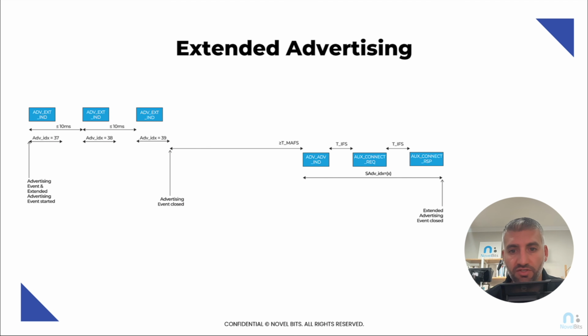Now, in terms of connections and even scan requests and scan responses, which I'm not showing in this specific diagram, here it's the same. However, after, and I have a typo in here, but excuse that for a moment, once it finds this, this is where the actual connection request is allowed. So it's not allowed on the primary advertising channels, rather it's allowed only on the secondary advertising channels, the general purpose channels. So if a scanning device decides to connect, it will need to scan for these, find one of them at least,